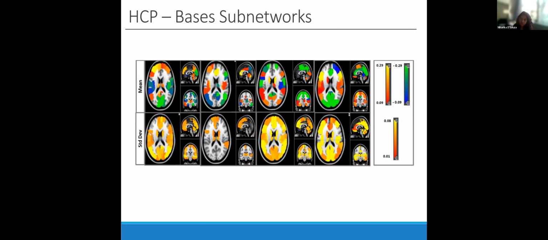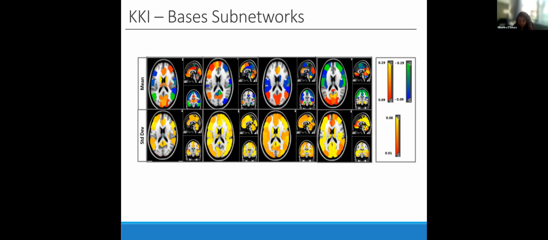Moreover, we can also identify several commonly observed patterns that are relevant to cognition from the HCP database and which have been previously identified in studies. Thus, the learned representation is of clinical consequence as well. We can make similar observations with the KKI dataset as well. And thus, our model allows us to probe the learned representation and is not completely black box as opposed to